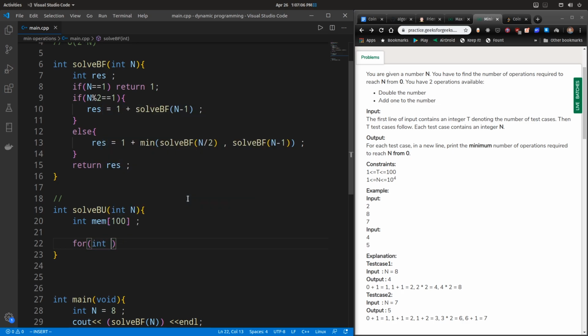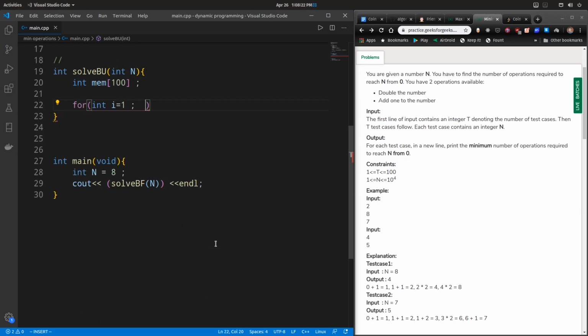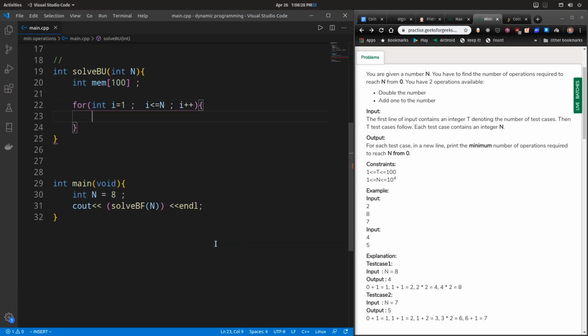Now let's start with the problem where our problem is equal to 1. We will be solving for all the values of I, where I is the problem value, up to n. From 1 we will be solving all the subproblems till n. At every point we can take an example here.